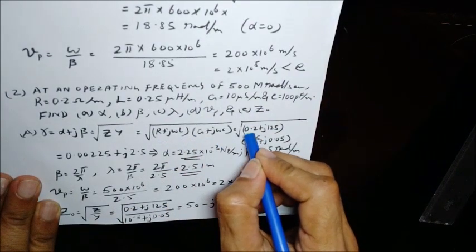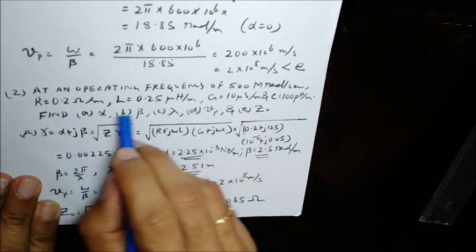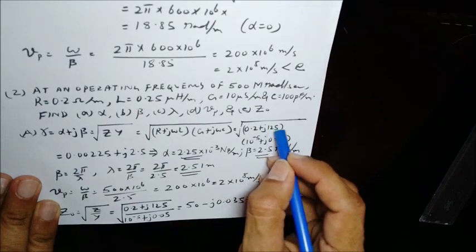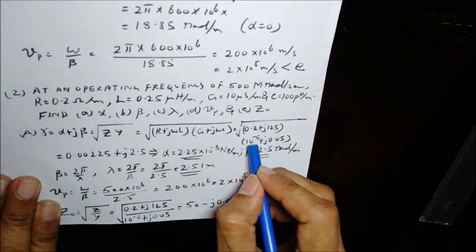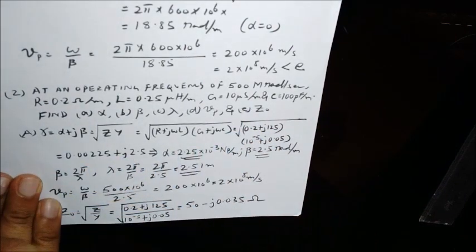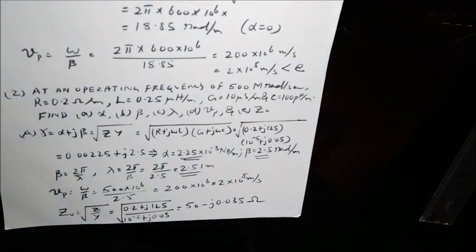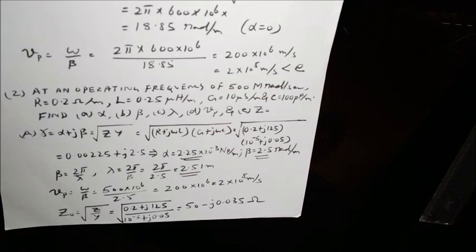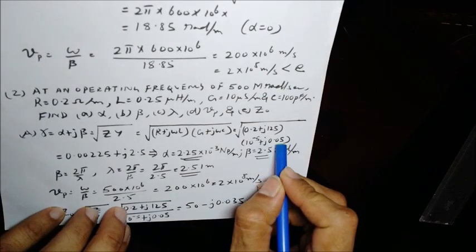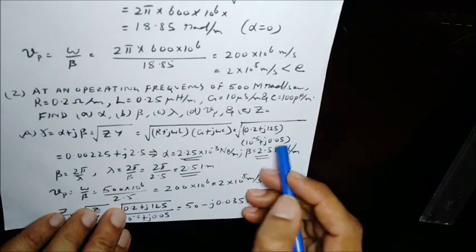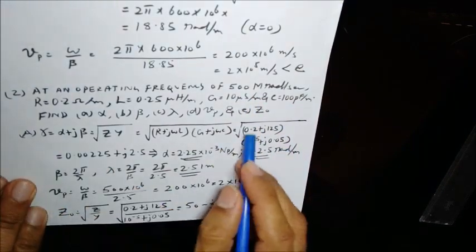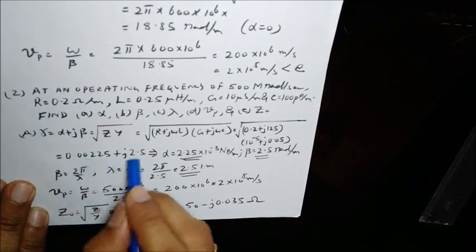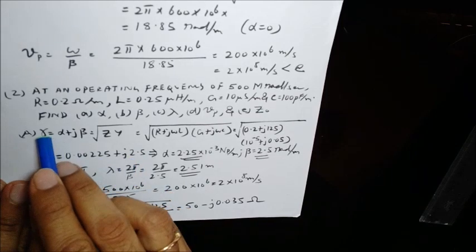R is 0.2. L is given to be 0.25 microhenry per meter, and omega is 500. So together, omega into L will be this, which you can easily calculate. G is 10 power minus 5, because it is 10 microsiemen per meter. So 10 microsiemen is 10 power minus 5 siemen per meter. And omega c is 0.05, which again C is given, omega is given. You can see that this is what it turns out to be. And when you evaluate this, you multiply and take the square root, you get the result like this, which means that this is alpha plus j beta, because it is gamma that we have been calculating.